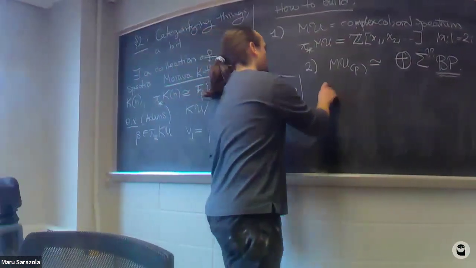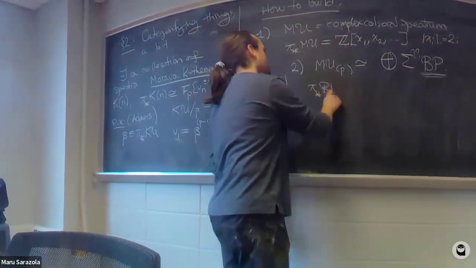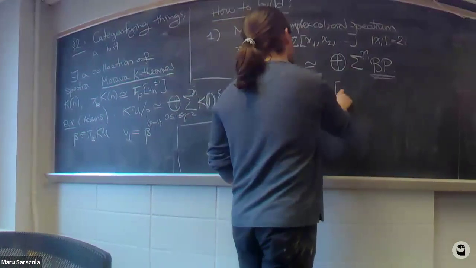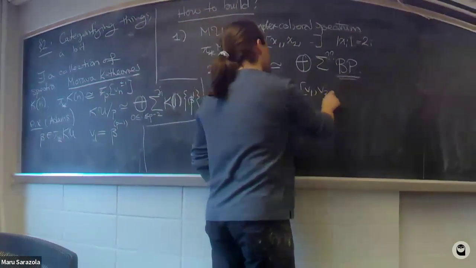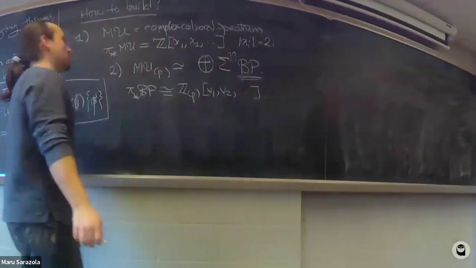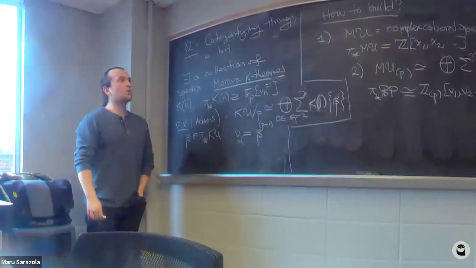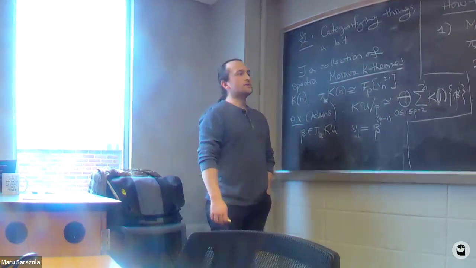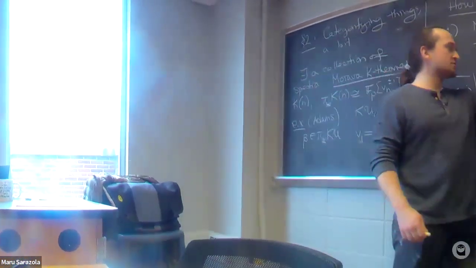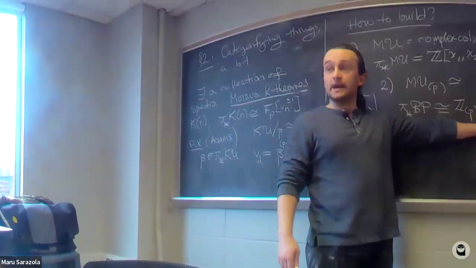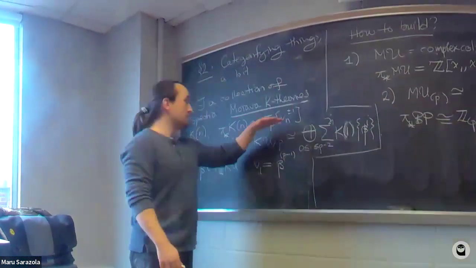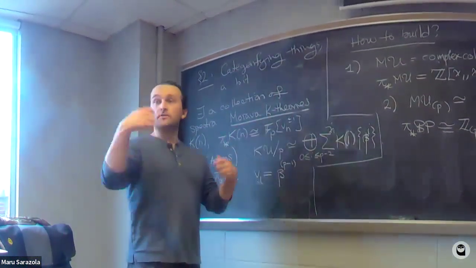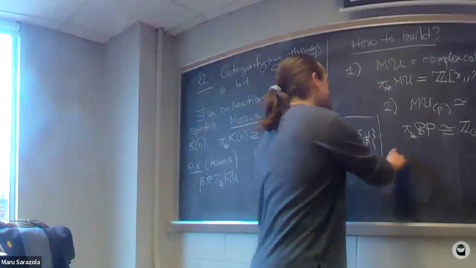And this BP spectrum looks like this. It looks like, again, an infinite dimensional polynomial algebra, but now on some classes which we call v_1, v_2, and so on and so forth. And so, if we look at these Morava K-theories, what we could think to do is, well, I know in algebra how to get from this thing to this thing here. I've got to take a big quotient, and then I've got to invert some stuff. And this is precisely what you can